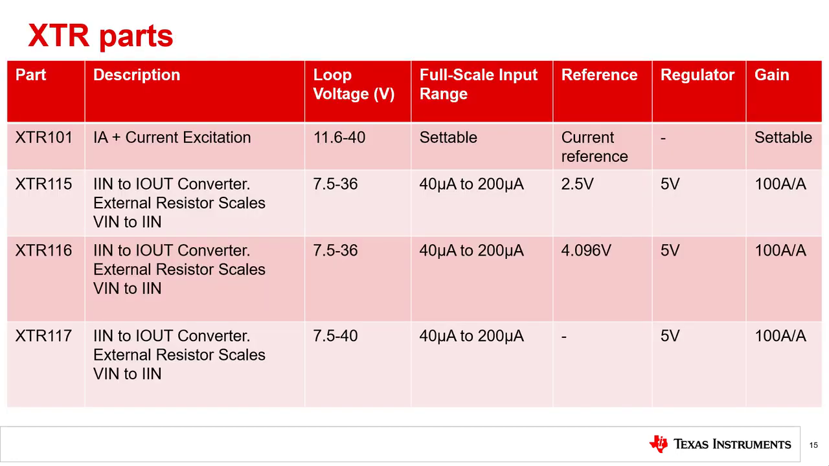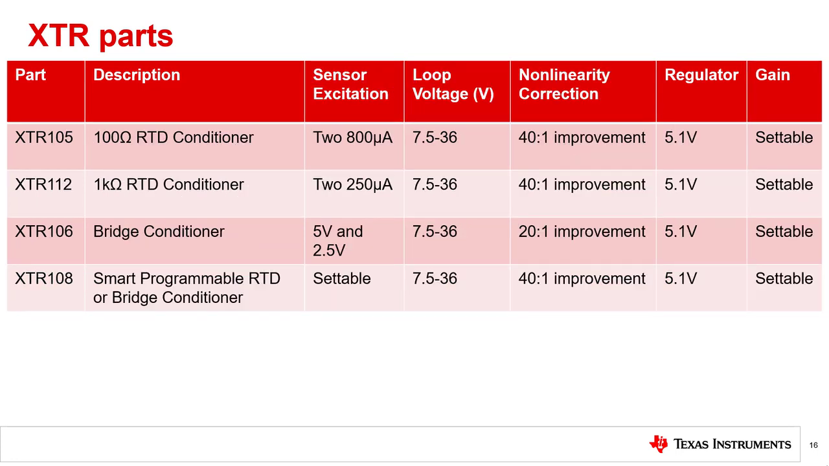This slide shows a table of TI's 2-wire XTR 4 to 20 milliamp transmitters. As you can see, the XTR115 and 116 have external voltage references in addition to the internal 5-volt voltage regulator. The XTR101 provides dual-matched precision current references that can be used to excite RTDs or bridge sensors. Along with the general-purpose 2-wire transmitters, TI also offers specialized RTD and bridge conditioners. They contain built-in linearization correction to correct second-order sensor nonlinearities by controlling the excitation voltage or current supplied to the